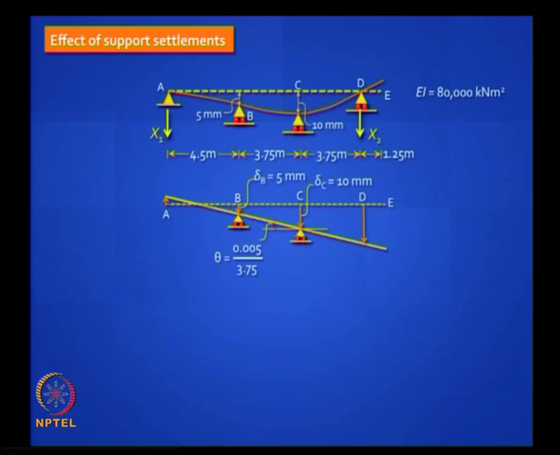Well, the whole beam rotates by an angle theta and the relative displacement at B and C is 5 mm. So you will find this angle is this difference, which is 10 minus 5 divided by the span 3.75. This 10 minus 5 in millimeter you have to convert to meters, so it is 0.005 by 3.75. That angle